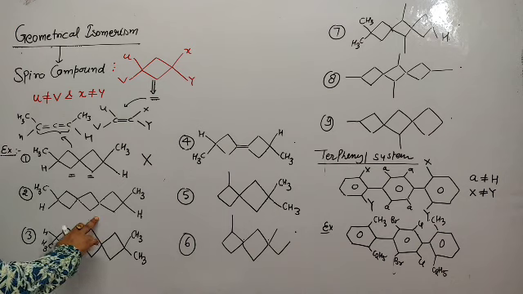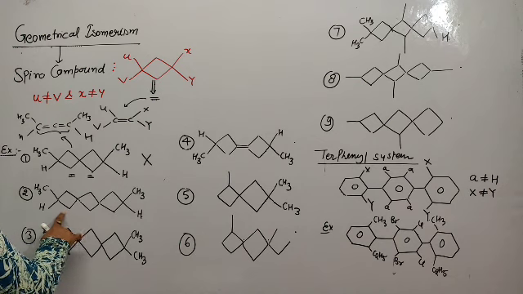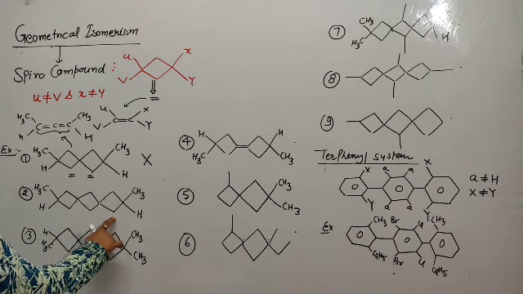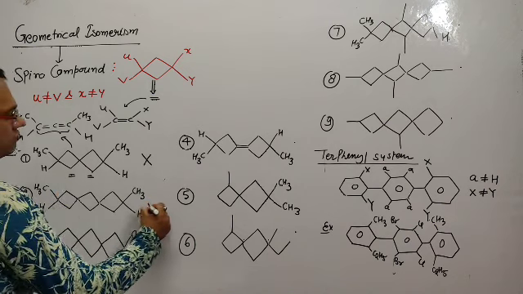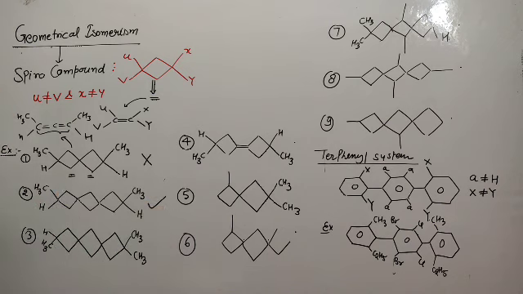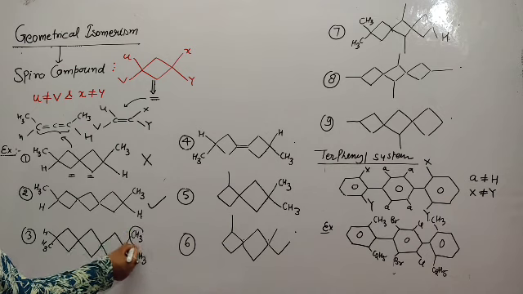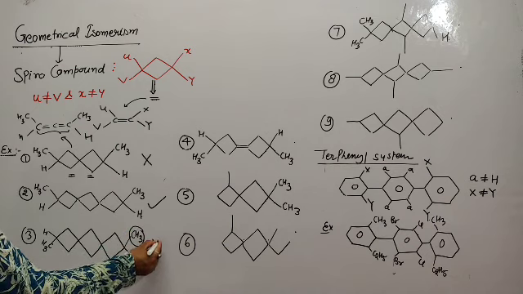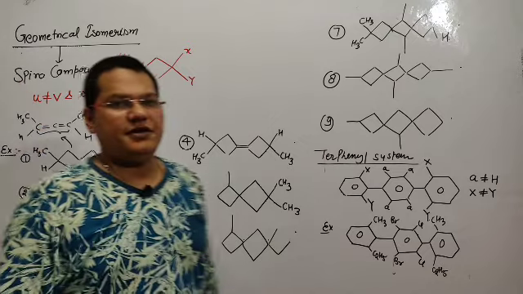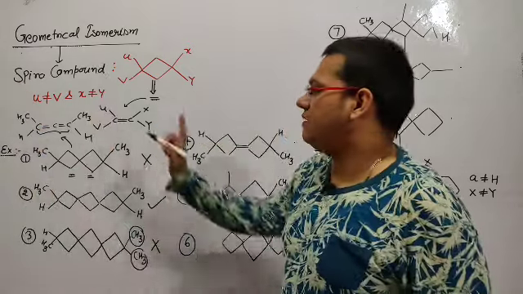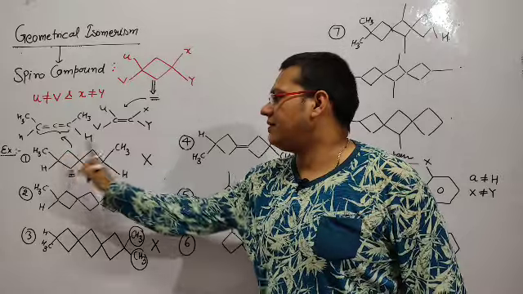Now come here, student, 1, 2 and 3. This is what? Odd number. This double bond and double bond, 3. And here both groups are different, so that's why this molecule shows geometrical isomerism. Now here this double bond, and here both groups are the same, that's why no geometrical isomerism. Understood? So always treat it as a ring or double bond. Here if this is a ring, then make a double bond here.